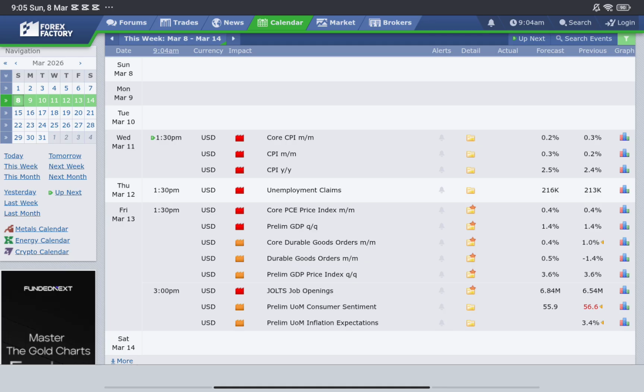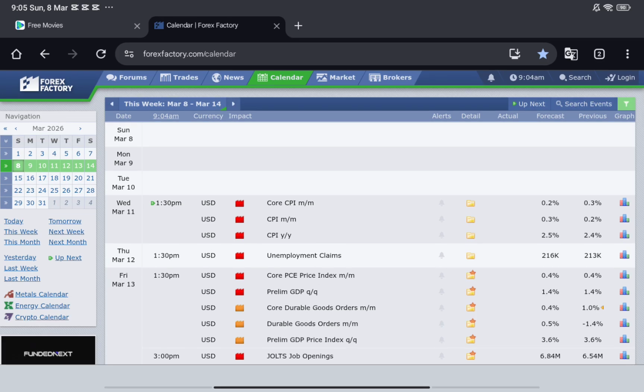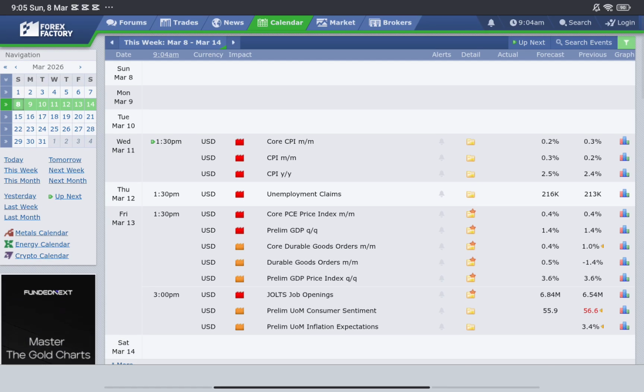So this week we're supposed to see volatility because we have one of the three big news, which is CPI, and we also have Redford news. So we should see volatility in the market this week, and that's all I'm concerned about. I'm just concerned if we have a red folder or orange folder news, because this will help bring volatility into the market. So definitely the market is going to move. So with that being established,